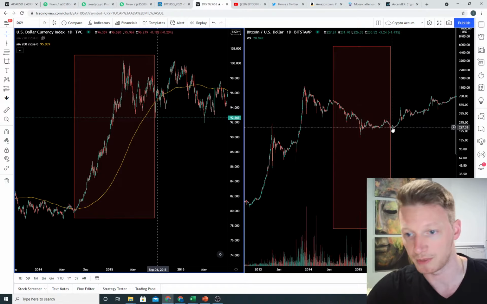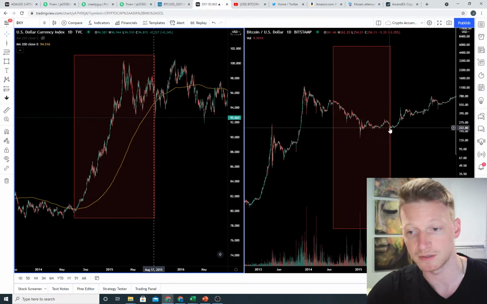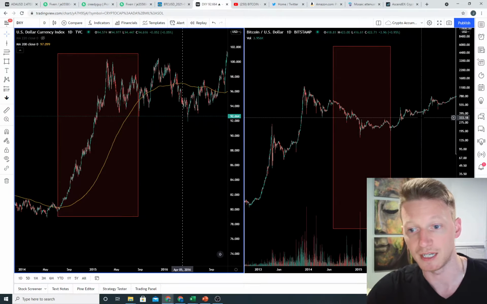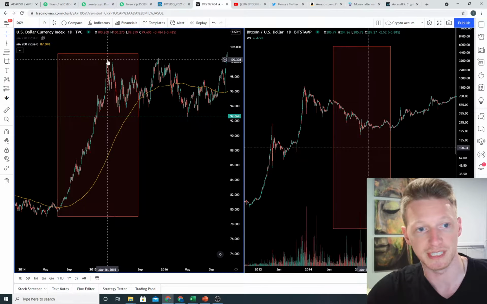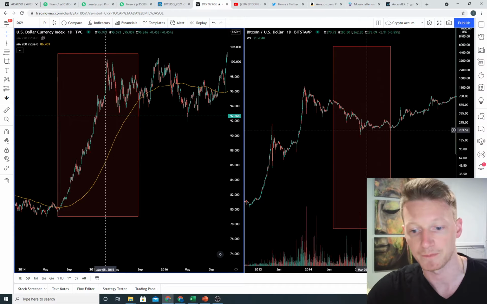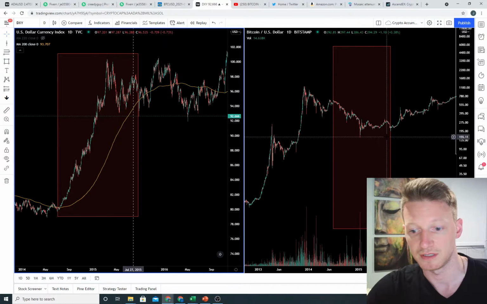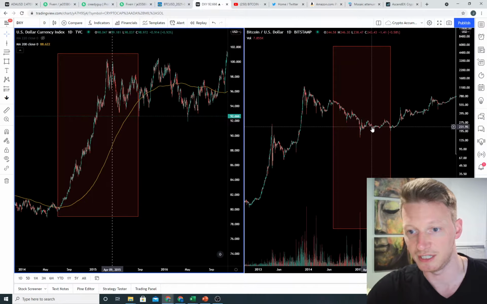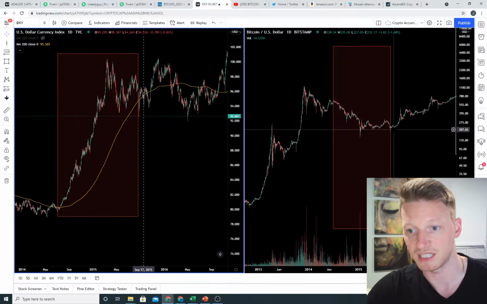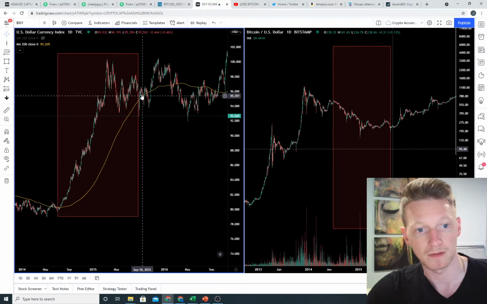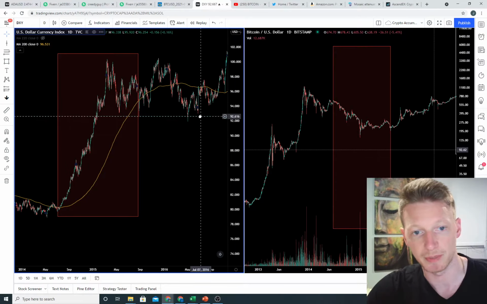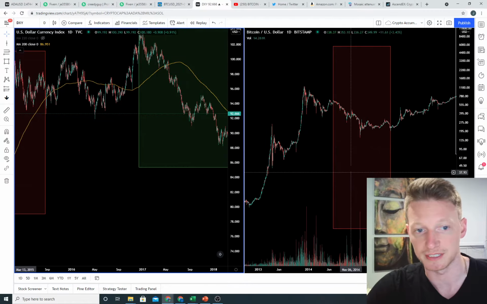So this point corresponds to here in the middle of August of 2015. That's when Bitcoin then can start moving back up, when the DXY is no longer trending upwards. So you can see it peaks at around here in May, and that puts us here, and that's when Bitcoin sort of stops its downward slide and then starts moving sideways. And then once the DXY is reaching its 200-day moving average, going above and below, that's when Bitcoin then can start to make its move.